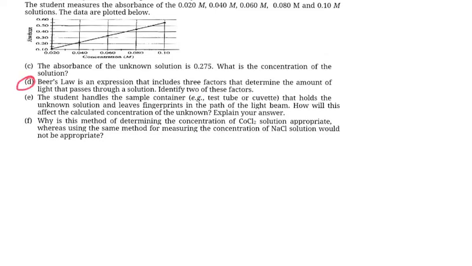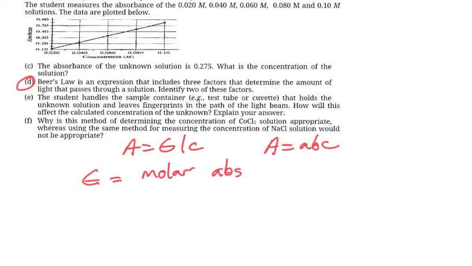Let's look at part D. They say that Beer's law is an expression that includes 3 factors that determine the amount of light that passes through a solution. Identify 2 of these factors. Well, we know that Beer's law is absorbance equals molar absorptivity times path length times concentration. You know, another way to write it is A equals abc. That's the one I think that's on the AP chart. You could do either one, it doesn't matter. But essentially all you have to do is say this equals molar absorptivity